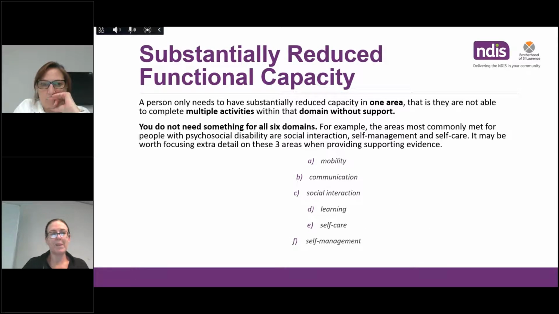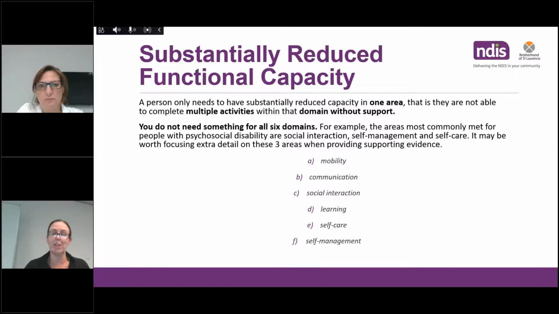All right. These are the areas that I was mentioning are outlined on the access request form. So it gives you an opportunity to talk specifically on that document, and you can be quite short in terms of the answers, but just really we've got the diagnosis further up on the information. So this is the opportunity in these areas to talk about the impact on different areas of someone's life. So there needs to be considered to be a substantially reduced capacity in at least one of the areas, not all of the areas. So don't be at all concerned if there are some areas that there's nothing to write or only a small